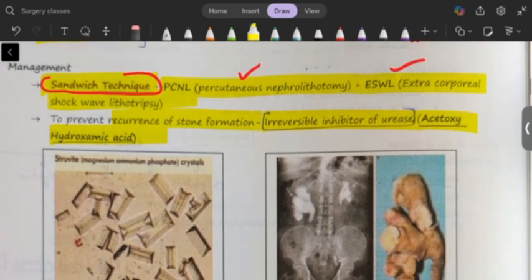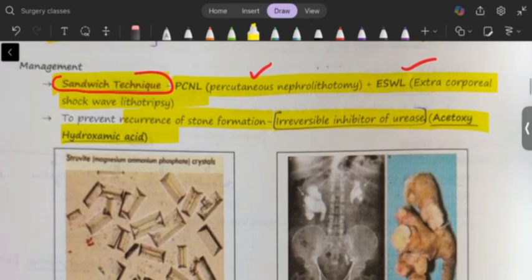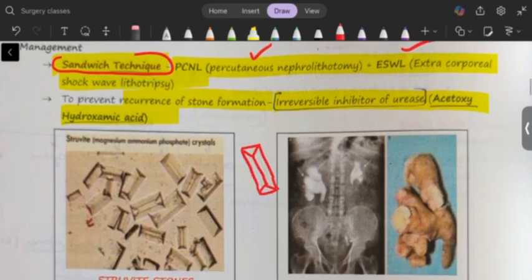Okay, so these are the images of struvite stones which we had studied, or triple phosphate. They are almost like cylindrical structures. Okay, a cylinder type of stones. Yeah, on X-ray it is visible, like it has taken the shape of the pelvic calyceal system,